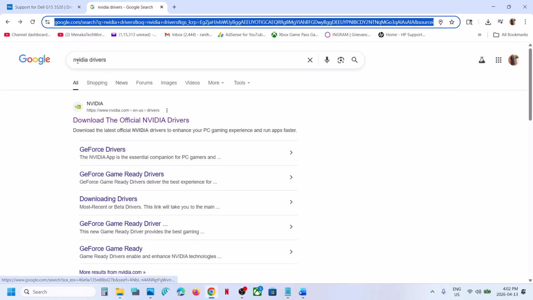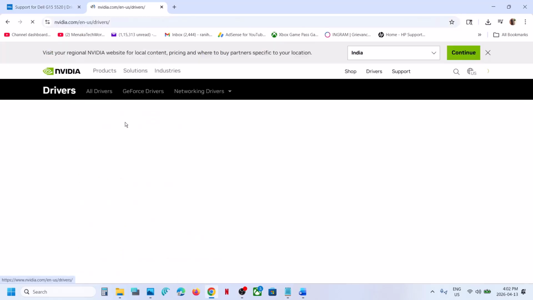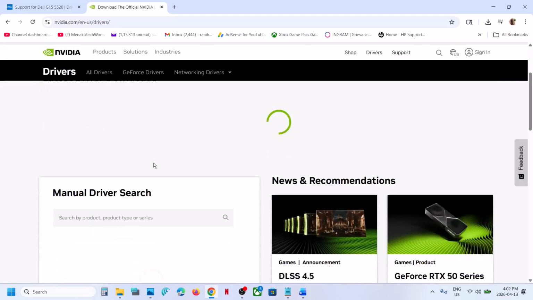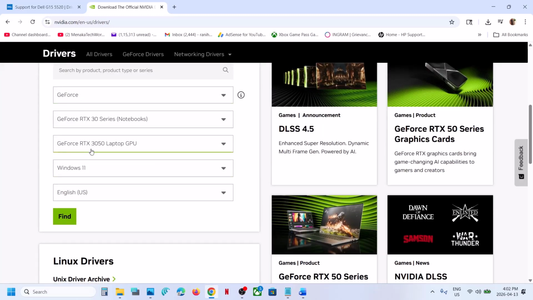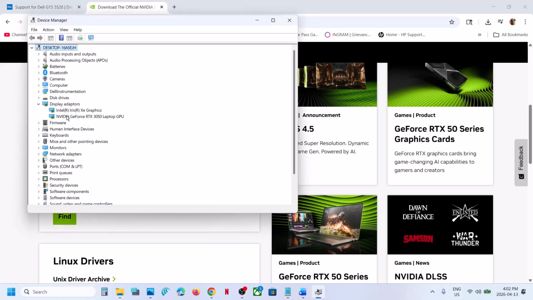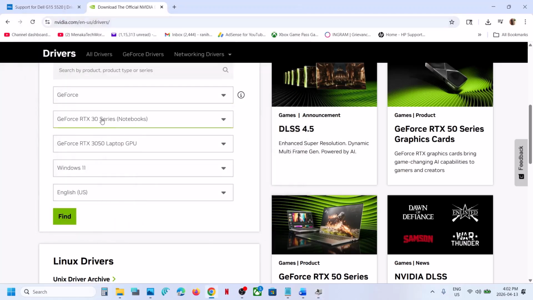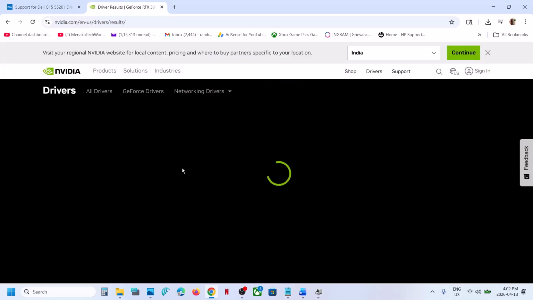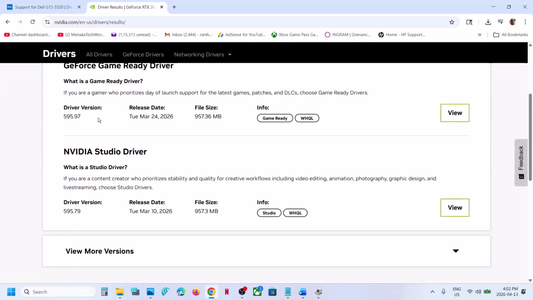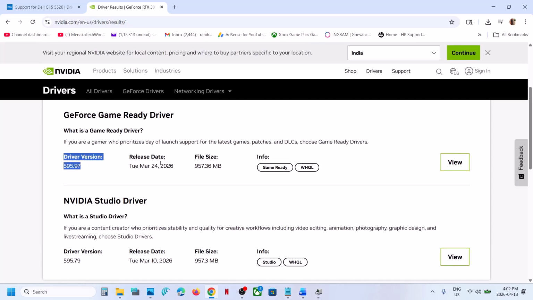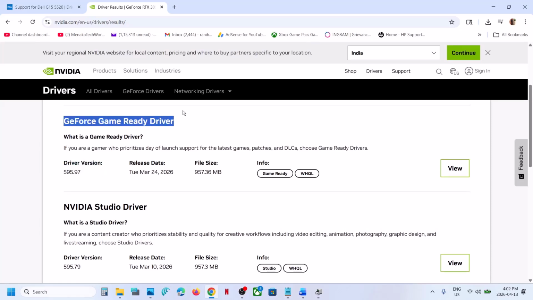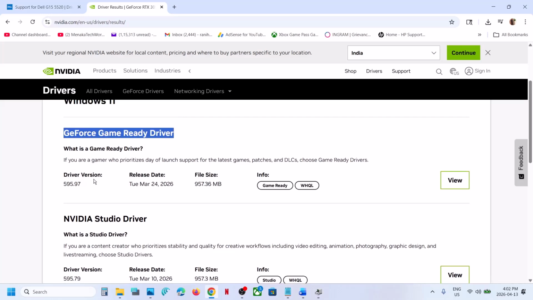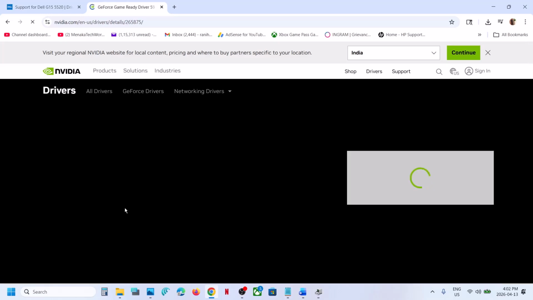For NVIDIA, you can just search for NVIDIA drivers in Google, and you can go to the official NVIDIA website and you can select your graphic card. Make sure that you select your graphic card over here. You will see your graphic card in the device manager, and here you can see your graphic card driver, NVIDIA. So you have to select the right graphic card over here. Select your operating system, click on find. On this page, you will find the latest GeForce Game Ready driver. You will see it at the top. Now click on view, and then you have to click on download